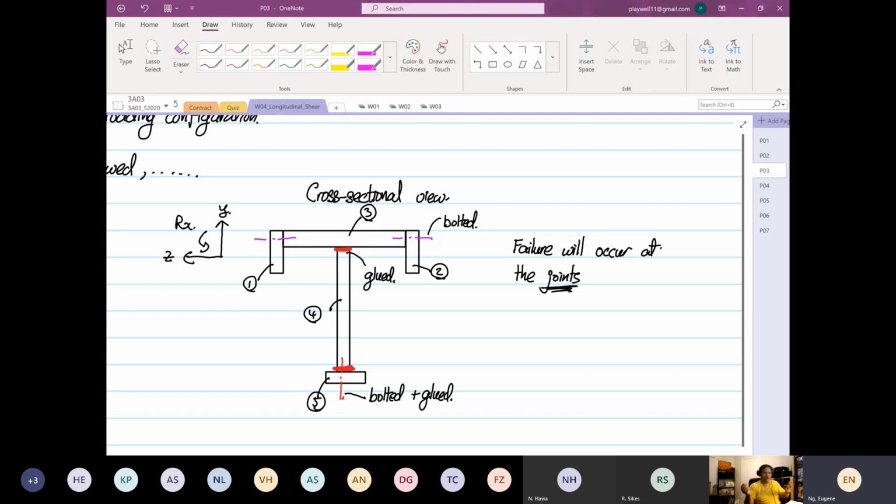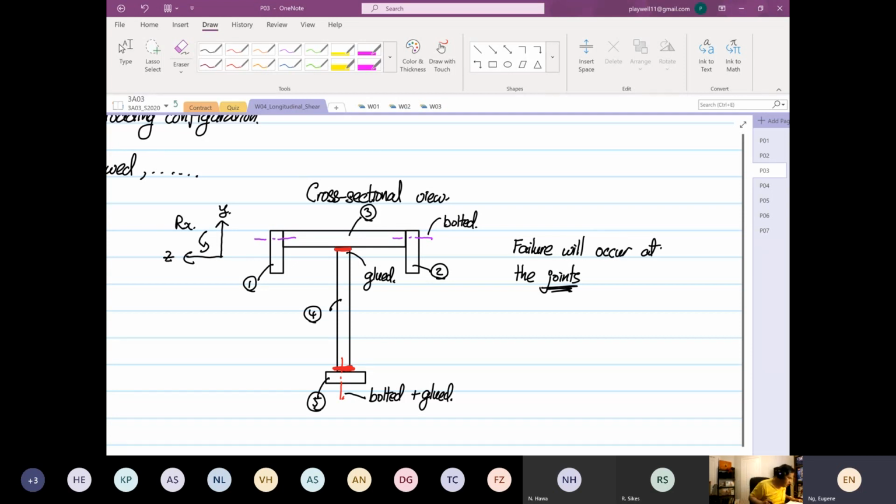Likewise, at the bottom part of your body, it's going to be your knees or your hip. That's why you have hip replacement. You don't have rib cage replacement. So the failure will occur at the joints if you have a cross section that's manufactured this way. Now you ask me, why do you want a cross section done this way? It's for fabrication purposes. It's easier to fabricate than to make a cross section through a solid, through casting or through